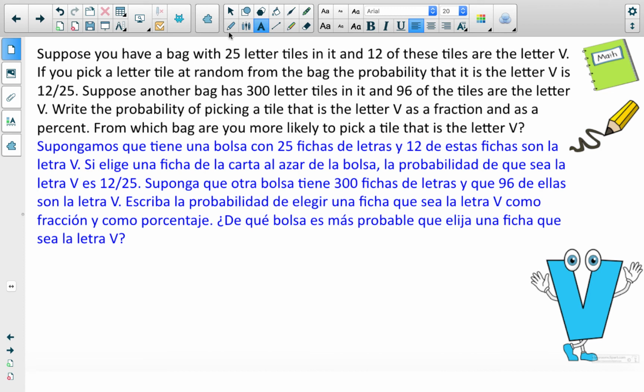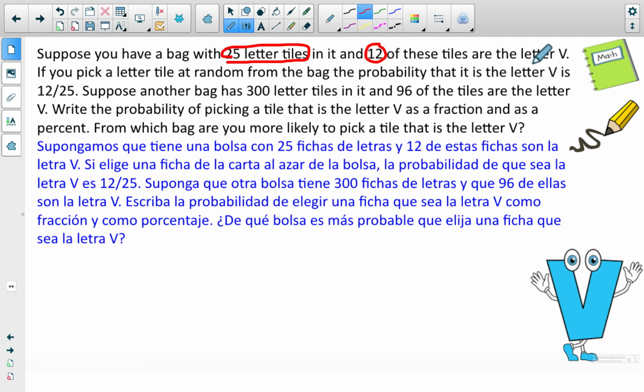So suppose you have a bag with 25 letter tiles. So we have 25 letter tiles in it, and 12 are V. All right. So that's about 50%. 12 out of 25, because 12 out of 24 is 50%, so that's pretty close. If you pick a letter tile at random from the bag, the probability of the letter V is 12 out of 25. So in our first bag,